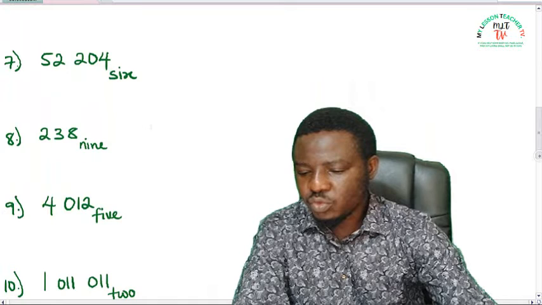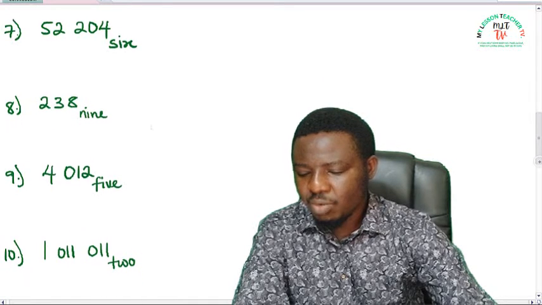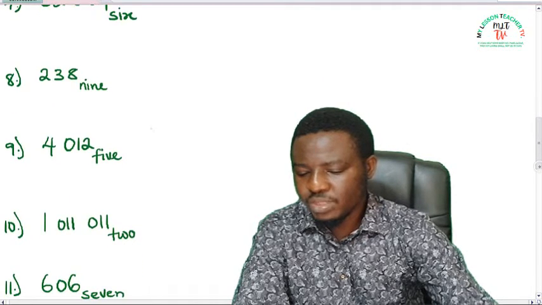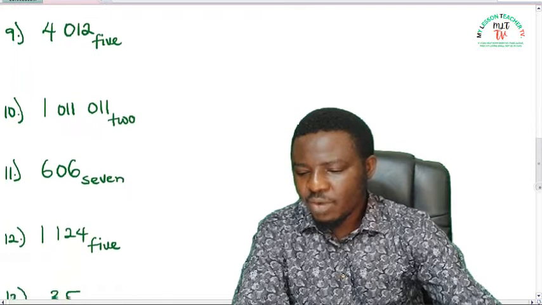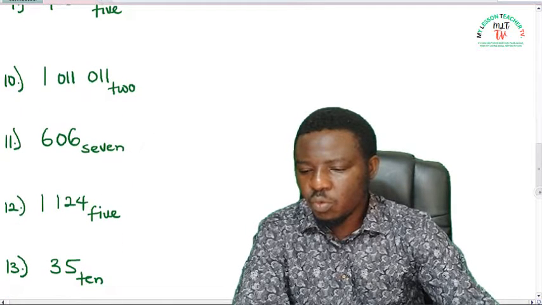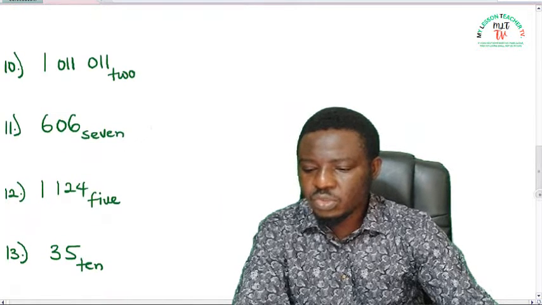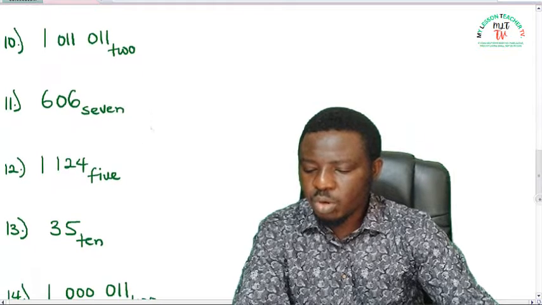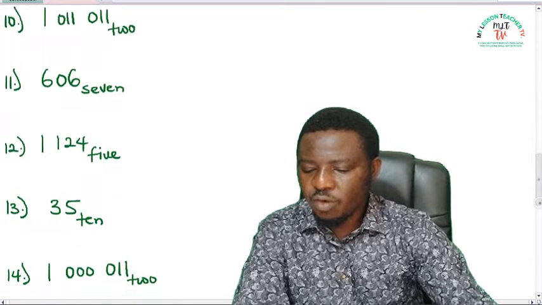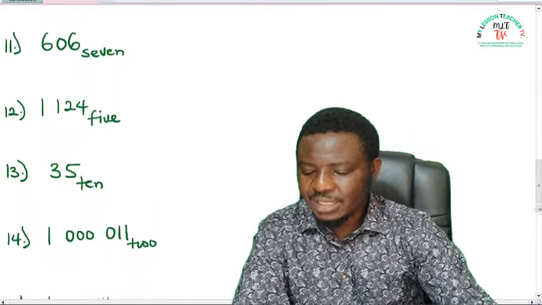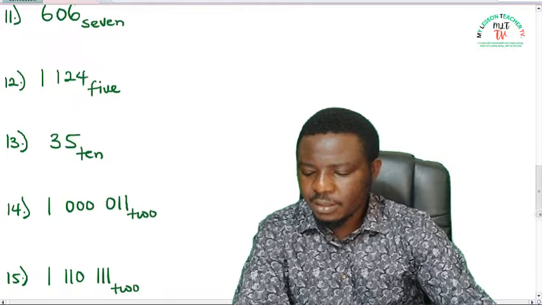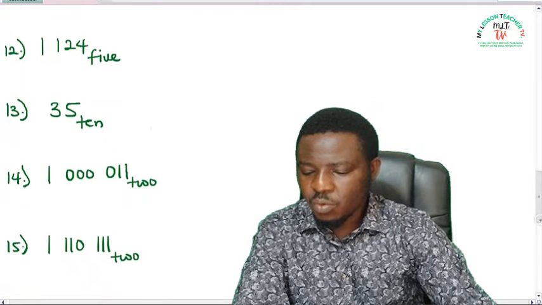Number 8, we have 2, 3, 8 base 9. And number 9, 4, 0, 1, 2 base 5. Number 10, we have 1, 0, 1, 1, 0, 1, 1, 1 base 2. Number 11, 606 base 7. Number 12, 1124 base 5. Number 13, 35 base 10. Number 14,